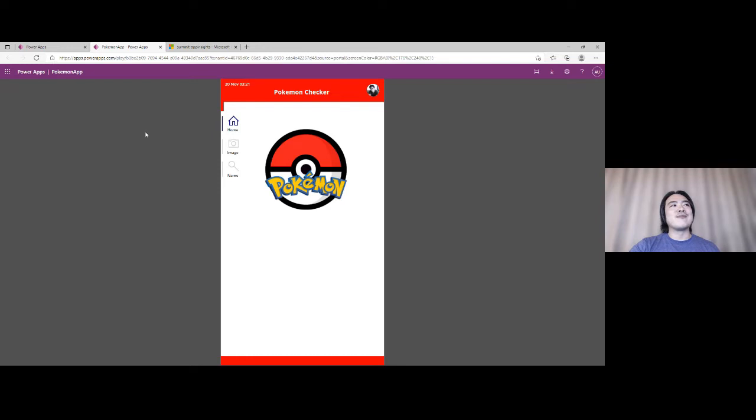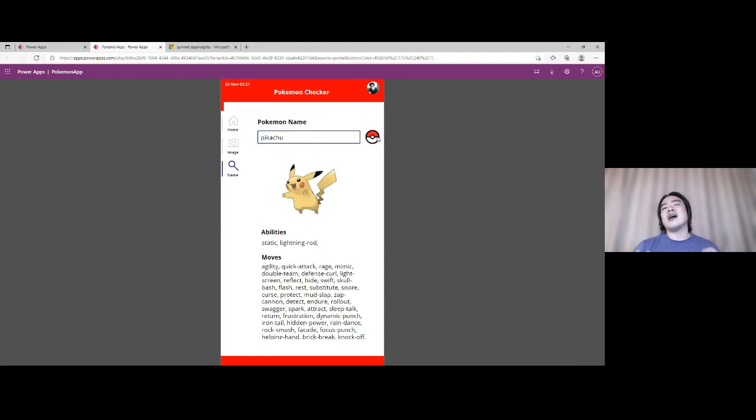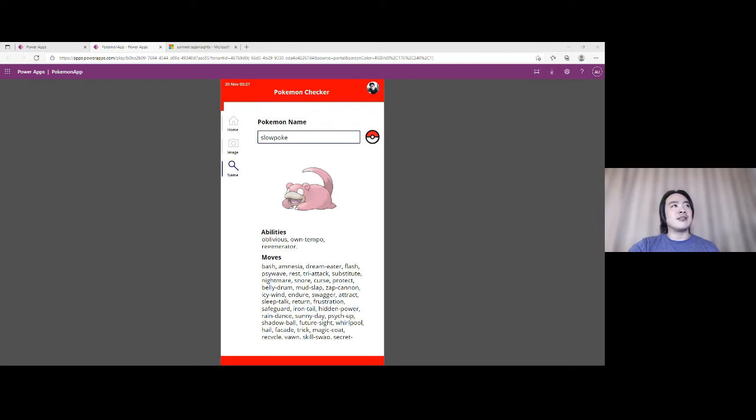It's a very simple Power App. It's a Canvas app which has 3 screens. There's a name screen, which allows you to type in the name of a particular Pokemon, hit the search button, and it calls a custom connector, which calls a Pokemon API. It's a freely available API that returns different information about Pokemon. If I type in another Pokemon, you can see it returns details like the image and specific